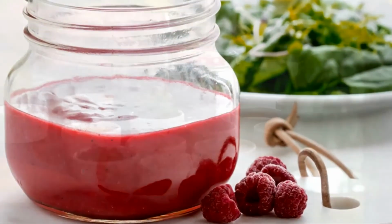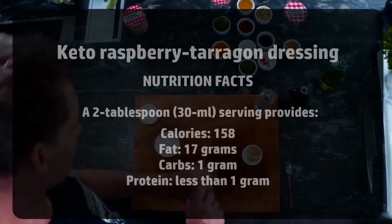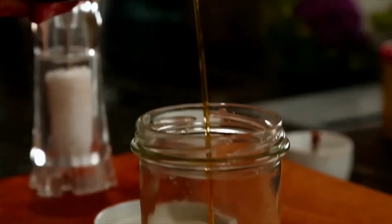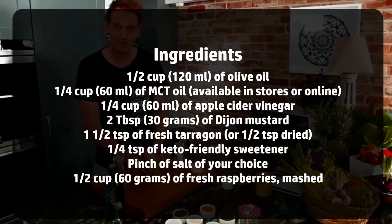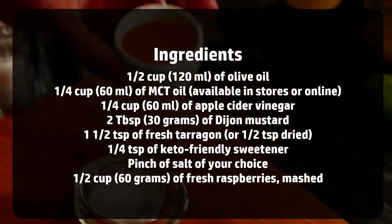Keto raspberry tarragon dressing. This dressing provides a solid dose of antioxidants from fresh raspberries and tarragon, with the added bonus of medium-chain triglyceride oil to fuel ketosis. It's a great option for any type of greens but can also be used to marinate salmon, chicken, and other protein sources. Ingredients: 1/2 cup of olive oil, 1/4 cup of MCT oil, 1/4 cup of apple cider vinegar, 2